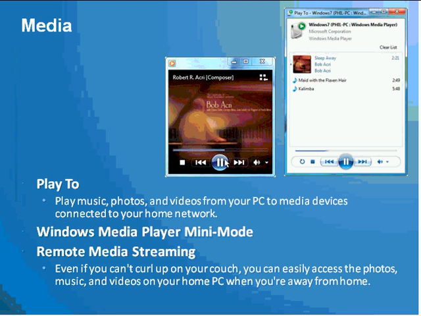Let's look into something new that Windows 7 enables. A Play To option is one where you can use one of your Windows 7 PCs to play any media on another device.